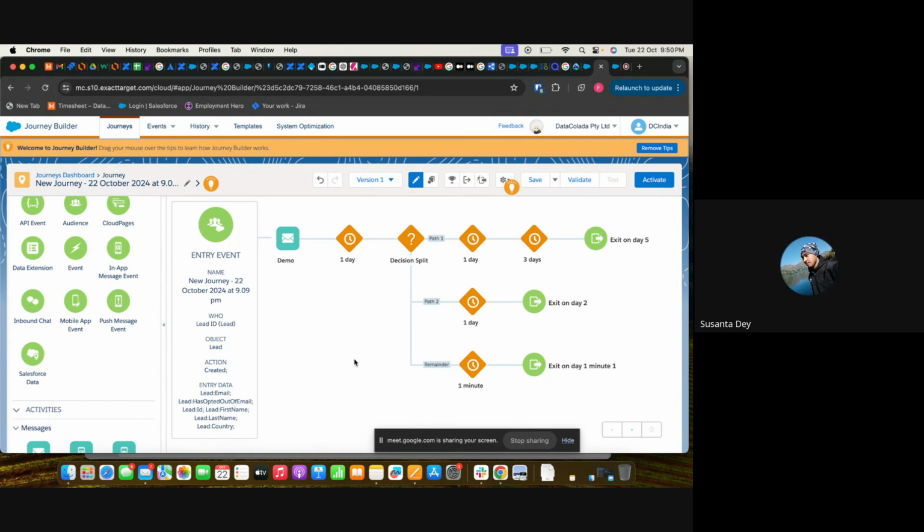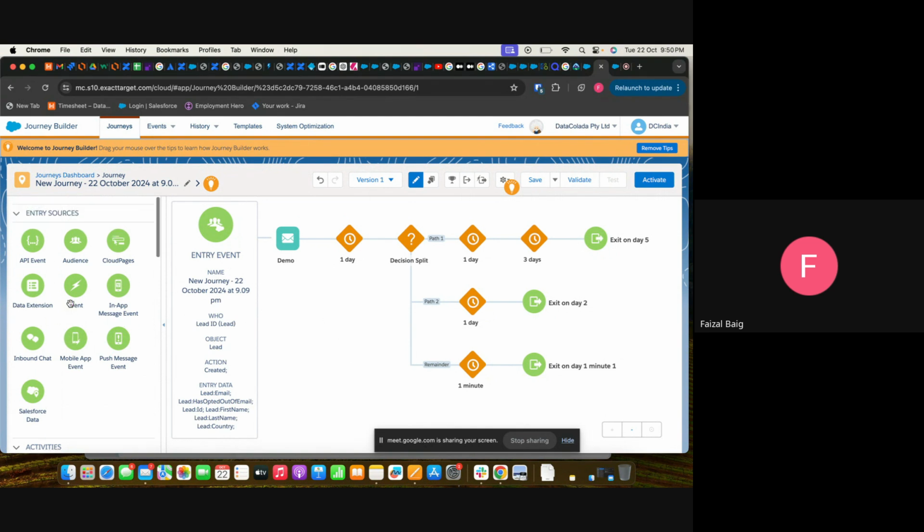No, no, I'm asking for practice purposes. For practice purposes, you may not even need data. What you need to see is what is under what category. Because what we are doing is diving deeper. I will show you the live org and how it works, but you need to first understand what a journey is. If we select data extension, why are we not able to select synchronized data extension?